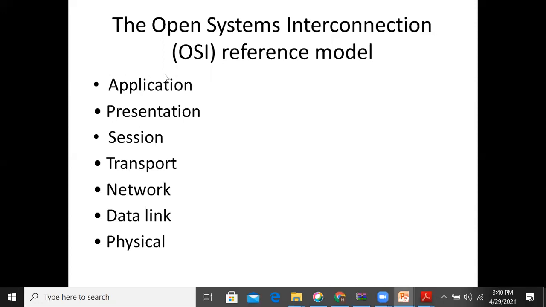If you start from the top: application layer, presentation layer, session layer, transport layer, network layer, data link layer, and physical layer. So these are the 7 layers of the OSI reference model. The functionalities of each layer we'll see in the next class, that is tomorrow.